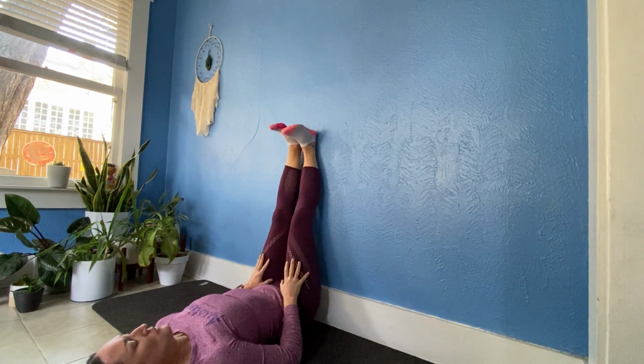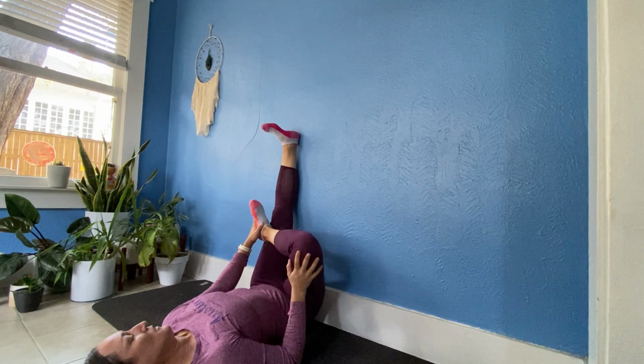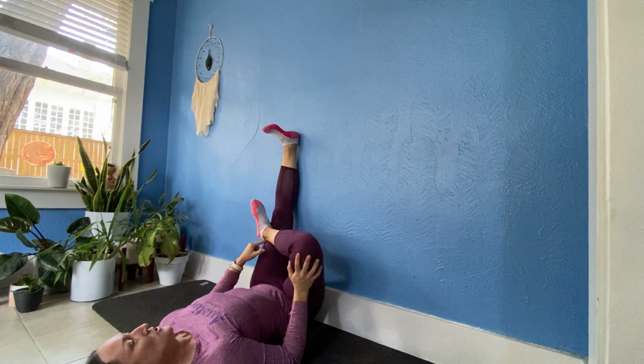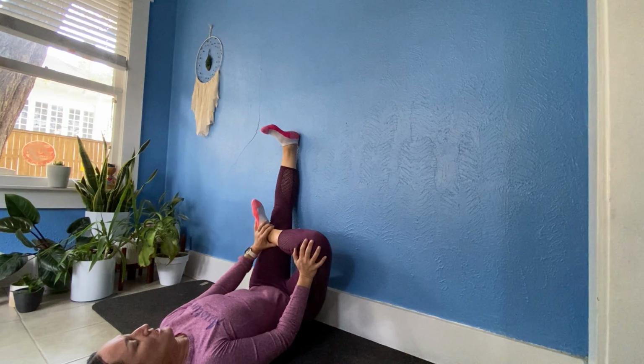You can leave your legs straight up the wall and just bend one knee. We're going to flex that foot like it's on the floor and then set the heel of the foot just above the knee, okay? So option one right here, you can bring your hand to the outside of the knee and gently press towards